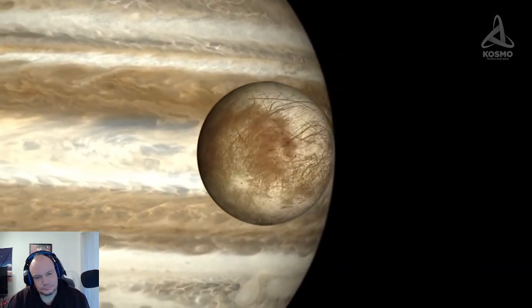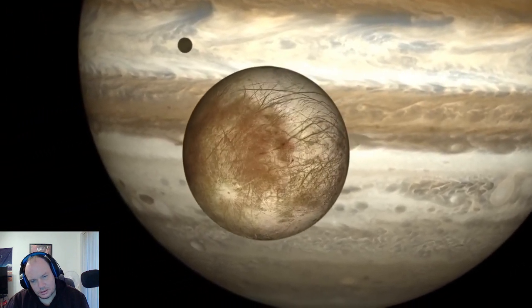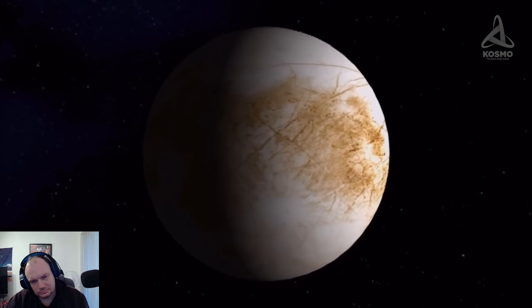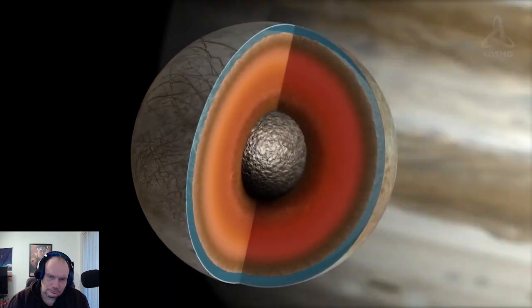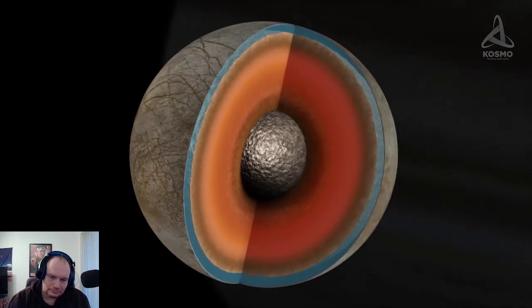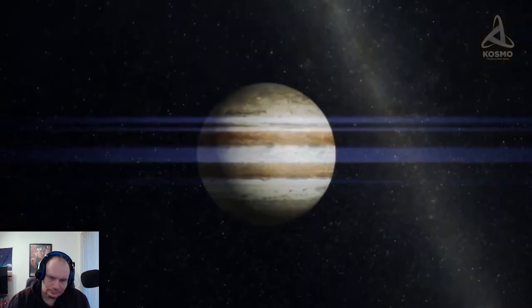Europa is tidally locked to Jupiter, facing it with the same side only. However, its rotation isn't synchronized ideally. There are deviations from the calculated trajectory. This may mean that there is a liquid layer between Europa's surface and core. This assumption is confirmed by observation of interaction between the satellite and Jupiter's magnetic field carried out by the Galileo space probe in the late